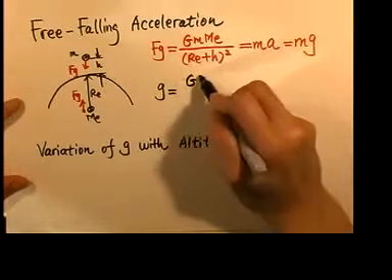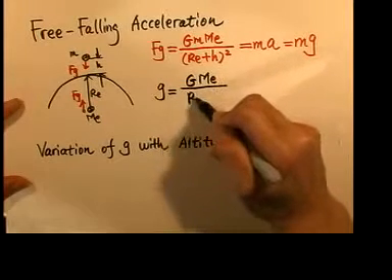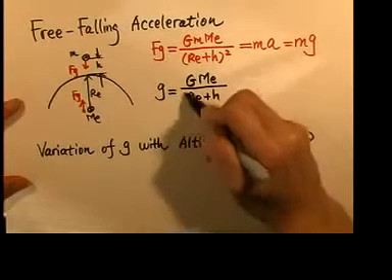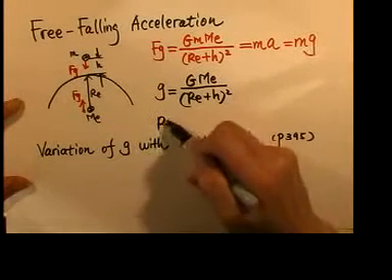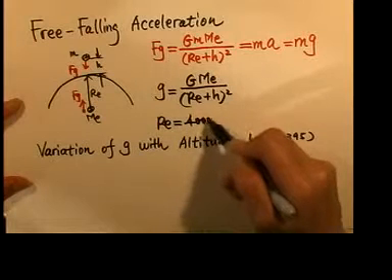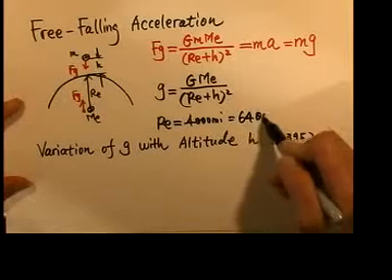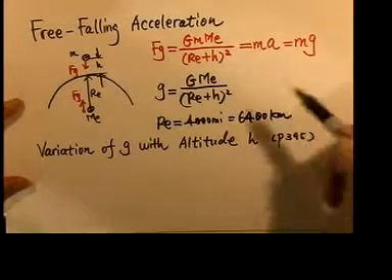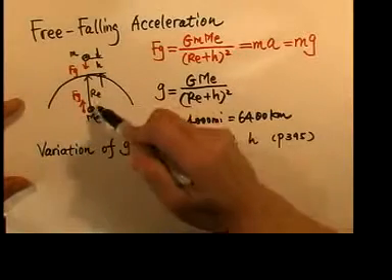When the mass cancels, you have this mass of the Earth left and radius of the Earth plus altitude squared. Now, radius of the Earth is very close to 4,000 miles, or we say 6,400 kilometers. Well, actually, the Earth is a little bit elongated. It has